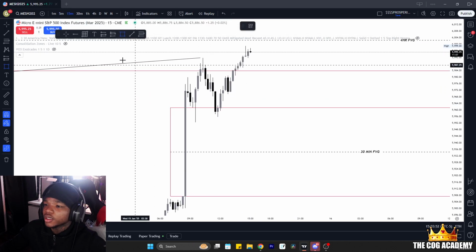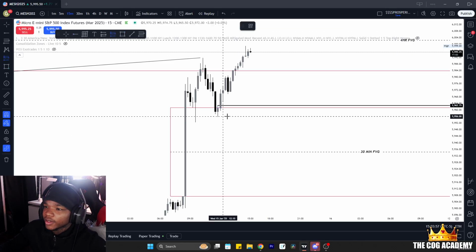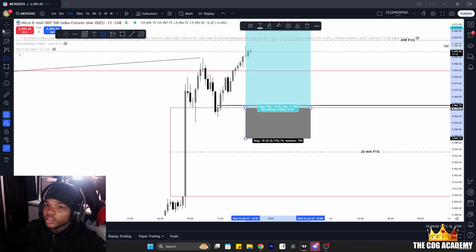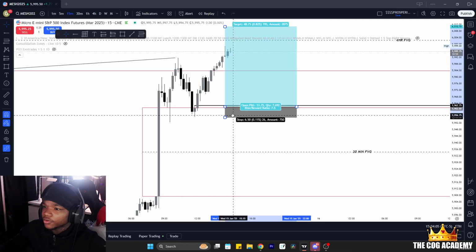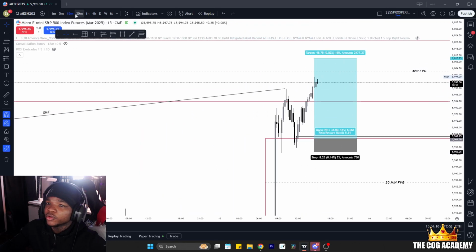So I was waiting for it. So this is where I really wanted it to go. Once we topped out of this fair value gap, I would have taken it here, and I would have placed my stop loss above here, a little down about here, and then I would have looked for previous